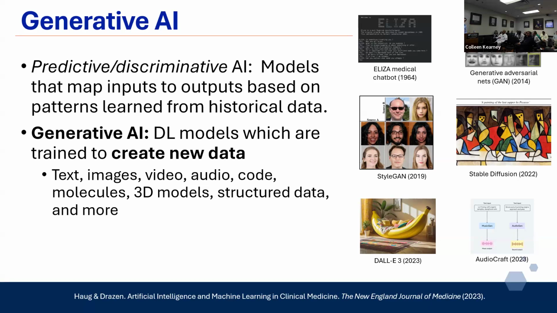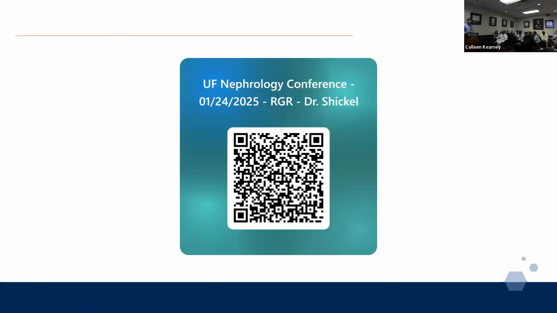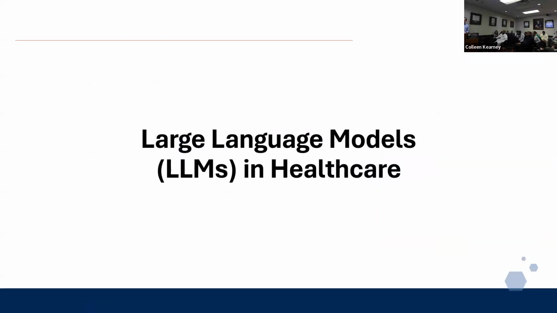And generative AI is a little different. It's about generating new data. So the way you evaluate those is typically human studies, having experts rate how well the model generated whatever it's trying to generate. It's a different, newer type of AI. And I think I have one of the variants, so don't worry.